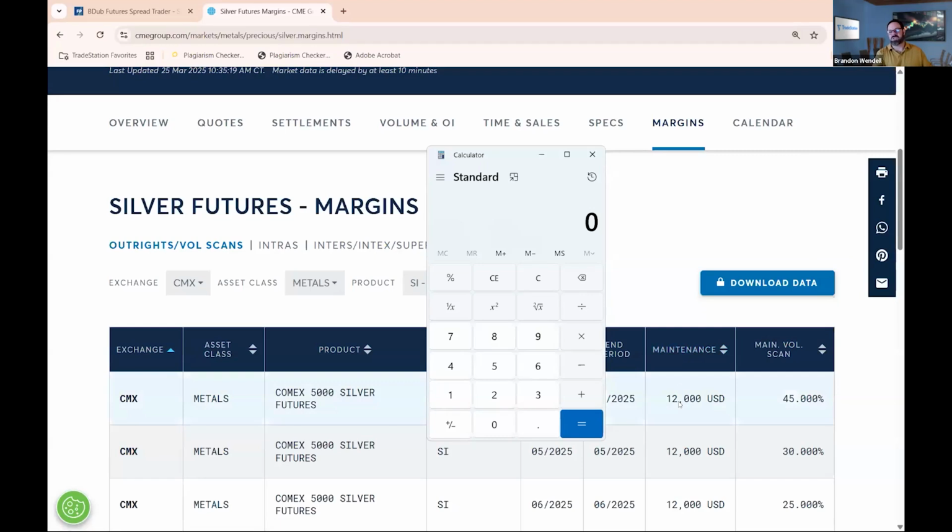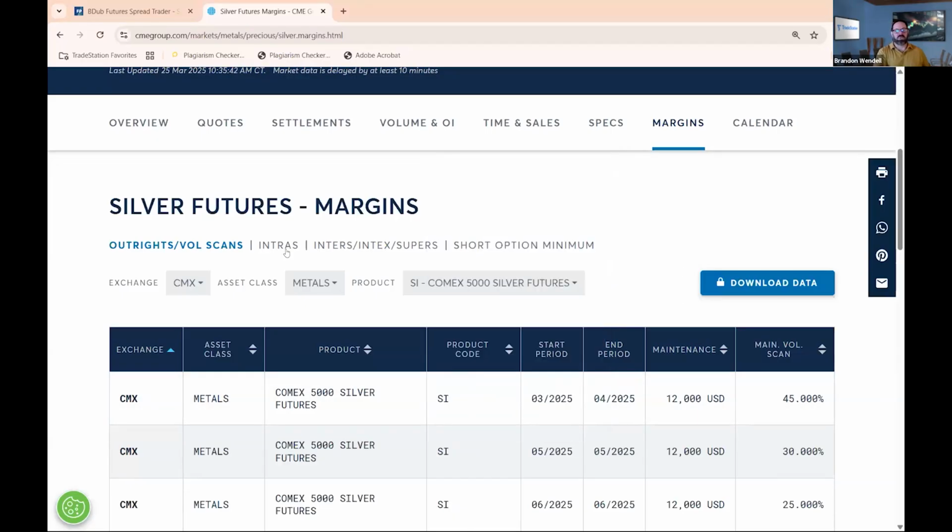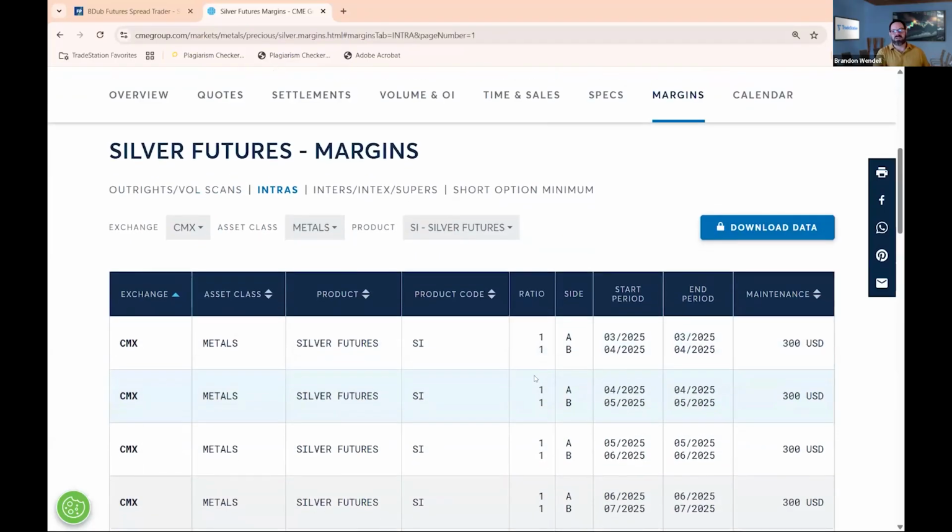The maintenance margin, which is shown here, you simply multiply that by 1.1, and that is going to be your initial margin. Pretty simple. You take the maintenance margin, multiply by 1.1, and that's your initial margin. All right. Now, we don't care about that. We're going to the intra, and right here, you'll see